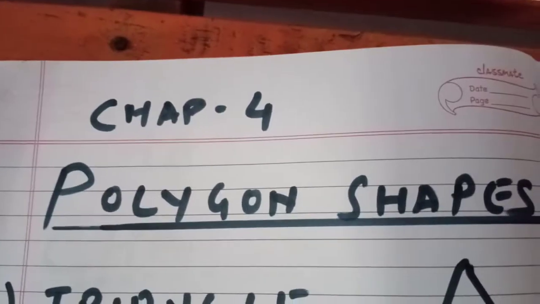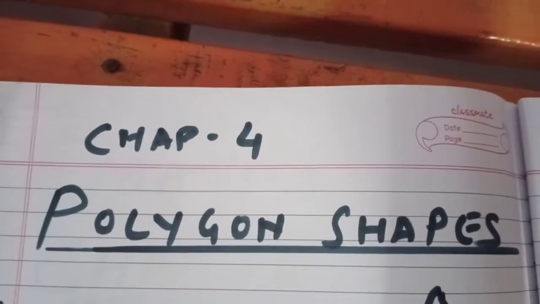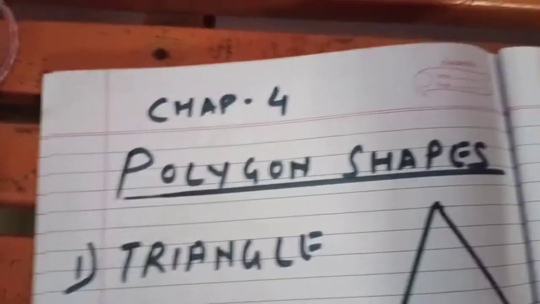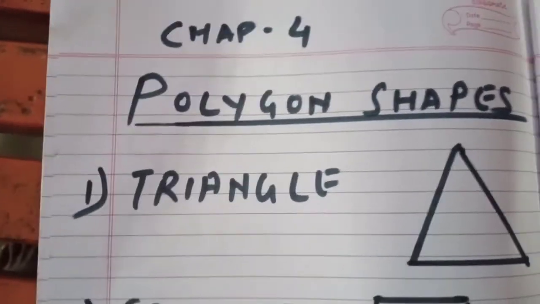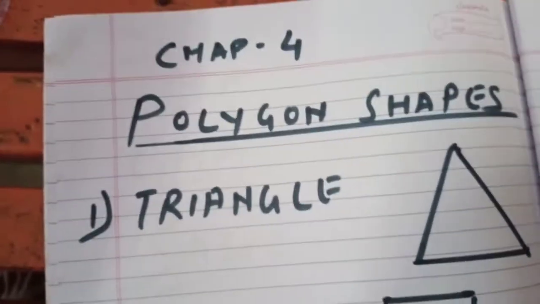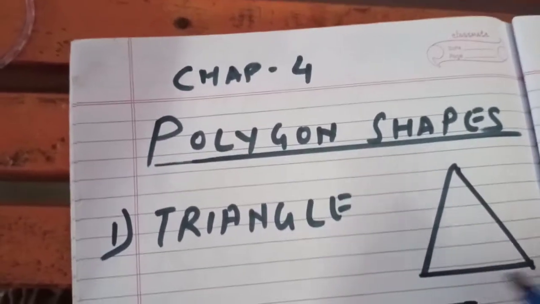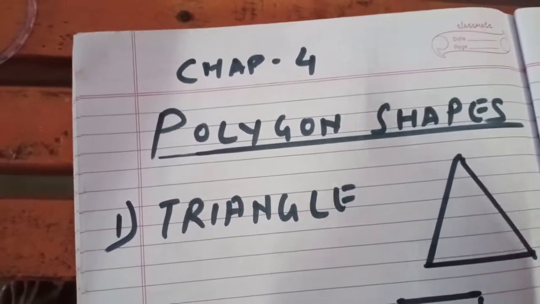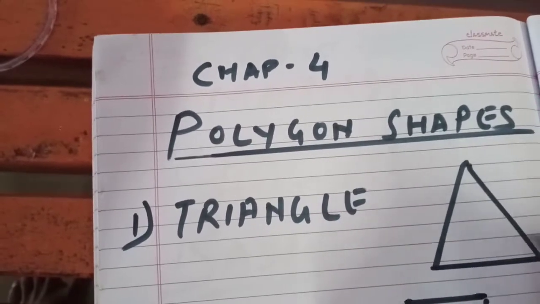Okay? So with that, let's try to understand what are polygons and what are the different shapes that are available in polygon. The first one that I have for you is a triangle, right? You all can see the triangle on the screen. A triangle has three specific corners and all these may be of different angles. It's not necessary that they have to be of the same angle. Anything which forms a triangular shape is known as a triangular polygon.